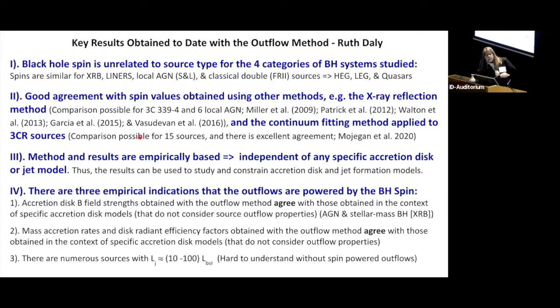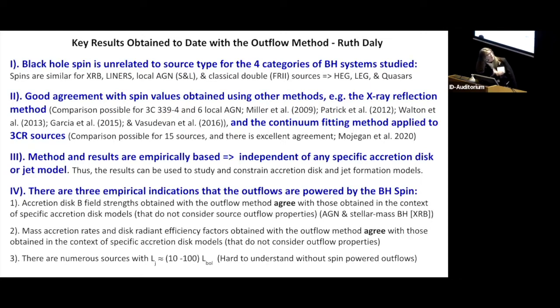The next key point is that there's very good agreement between values determined with this method and values obtained with other methods that have nothing to do with the outflow and don't include the outflow properties at all. For example, there were 6 AGN that could be compared with the results obtained with the X-ray reflection method, and there's very good agreement there. Same for one of the galactic black hole systems, the X-ray binary